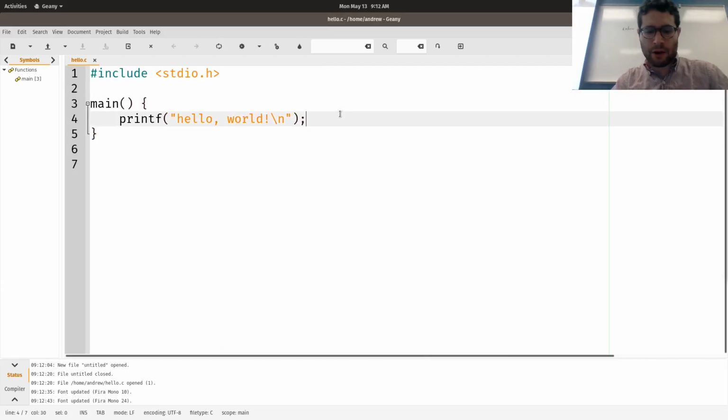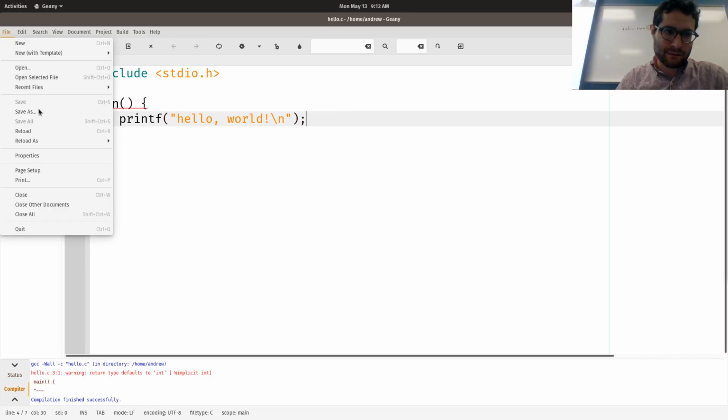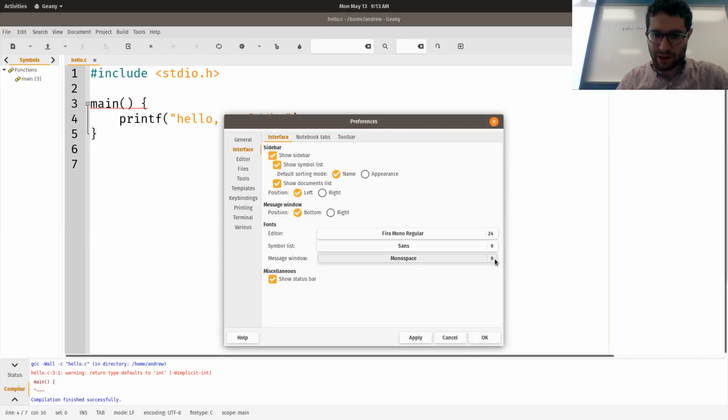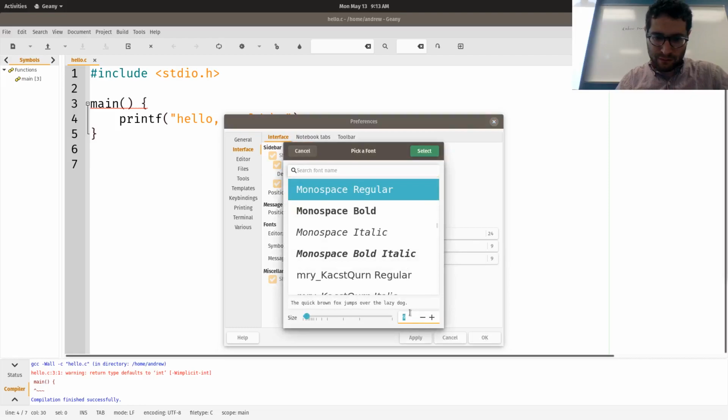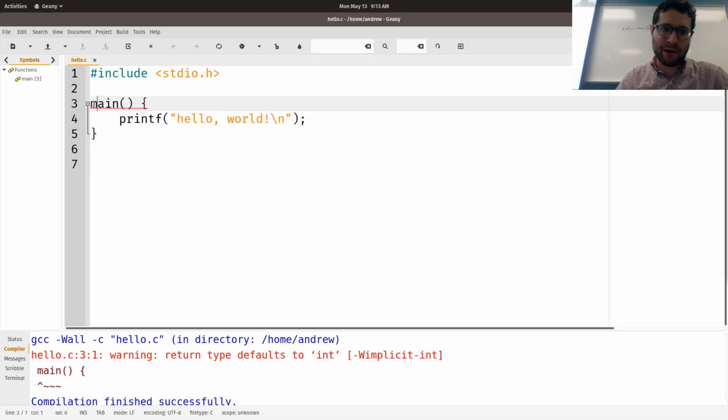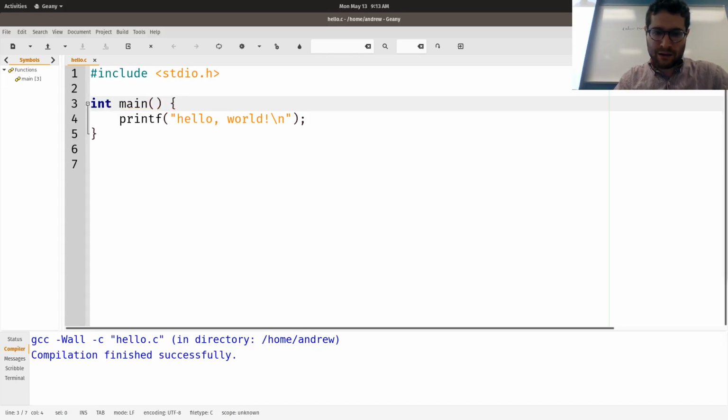All right, so now all I have to do in this program is hit F8 to compile it, and it will give me warnings down there, which you can't read because it's too small. Great. Okay, so message window, make that size 20. It says, hey, there's an error, and all that does is run GCC. So me hitting a key to compile will automatically run that. And notice that it comes up with a red line over here saying it's a warning. So I'm going to fix that warning by putting int in. Compiled it correctly, then I hit F5 to run it.